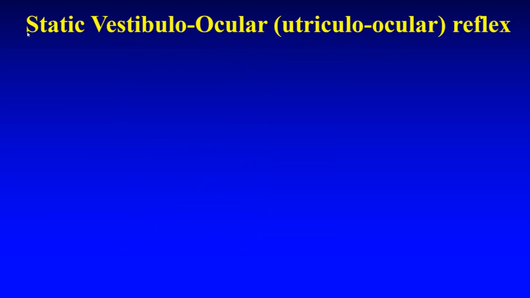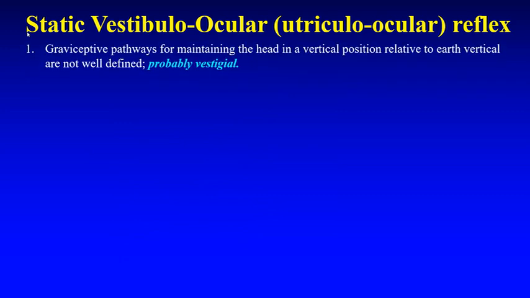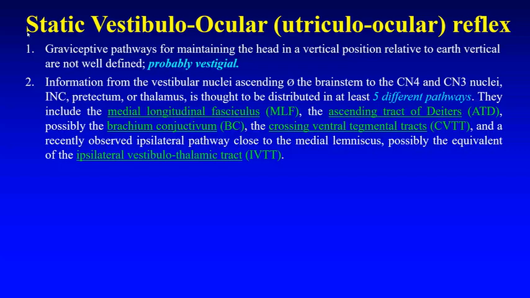The static vestibulo-ocular reflex, that is the utriculo-ocular reflex, the graviceptive pathways for maintaining the head in vertical position relative to the earth's vertical are not very well defined. Probably they are vestigial. Information from the vestibular nuclei ascending through the brainstem to the cranial nerve nuclei fourth and third, INC, that is the interstitial nucleus of Cajal, pretectum or thalamus, is thought to be distributed in at least